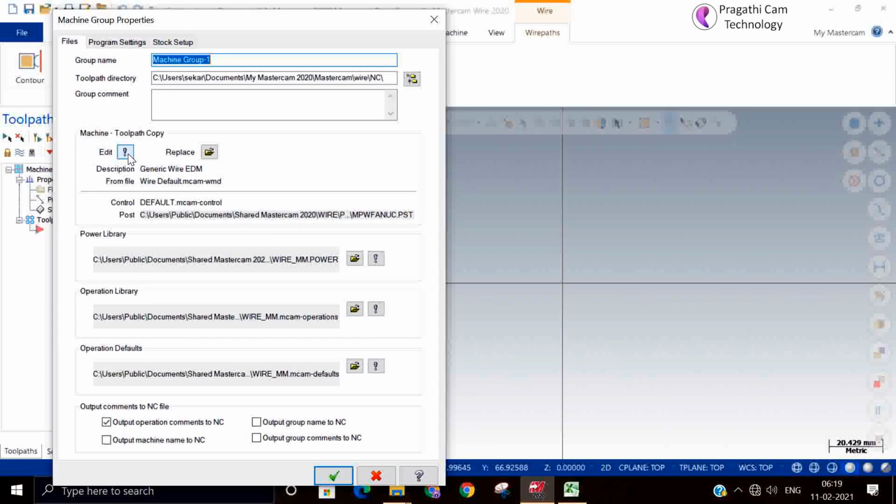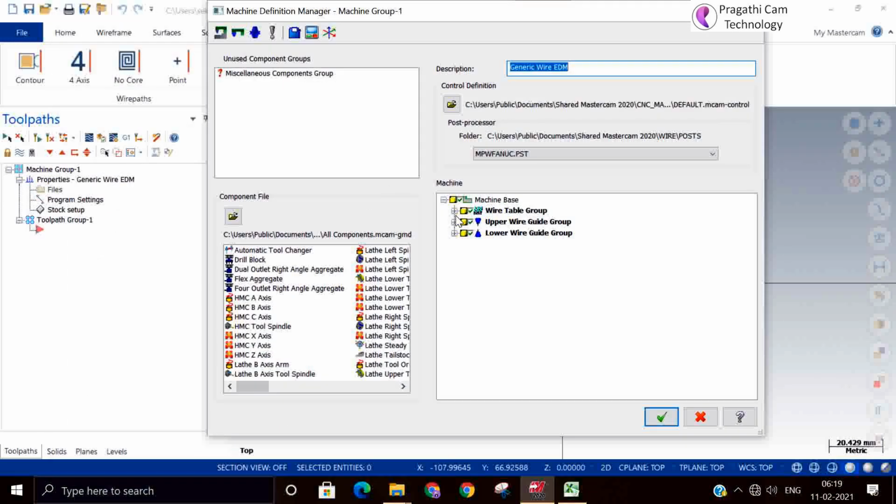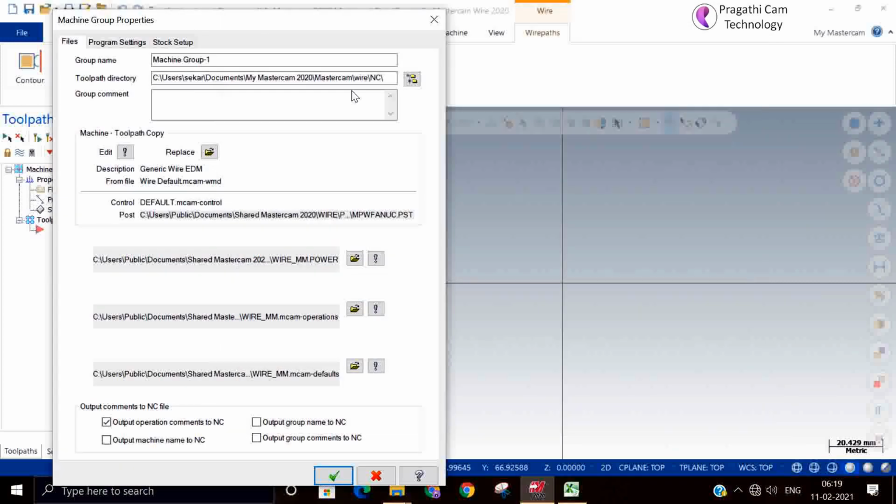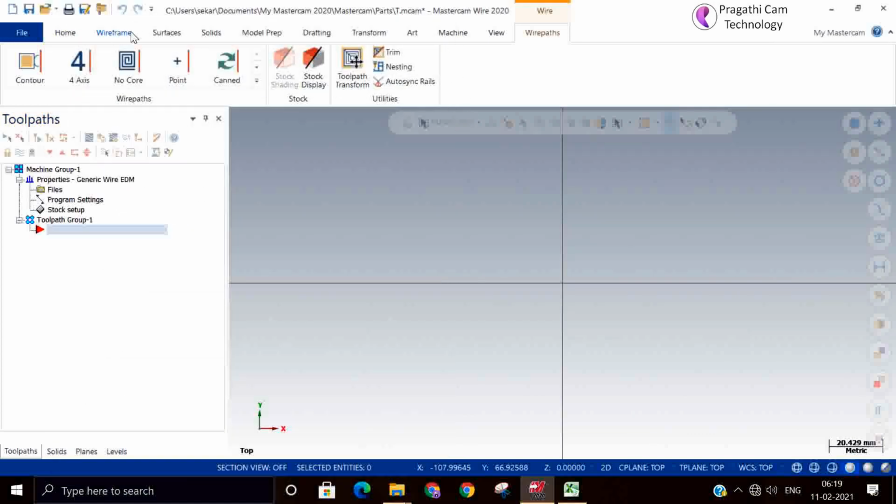You can see the wire machine information here: upper wire guide, lower wire guide, wire information, axis detail. This is about the machine definition, control definition, and the post processor.